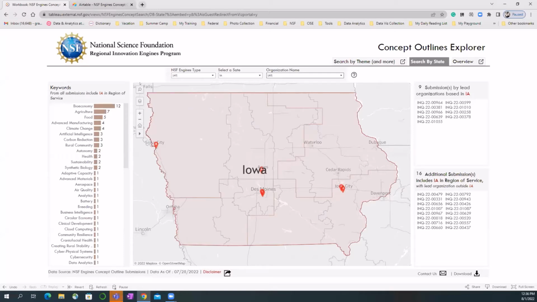The other thing here you can see is on the left-hand side are the keywords based on all the submissions that mention Iowa in the submission. So it's 9 of the submissions are from the lead organization based in Iowa, and 16 additional submissions that mention Iowa in the region of service, but not submitted from the lead in Iowa, okay? So this can help you, total 25 from Iowa. Then here, the topic,